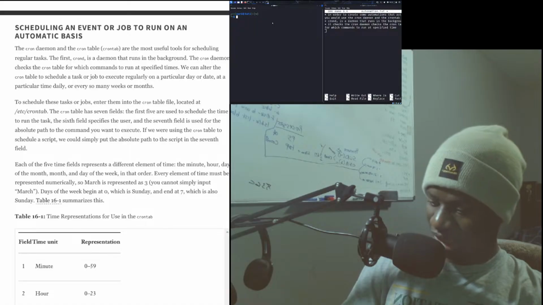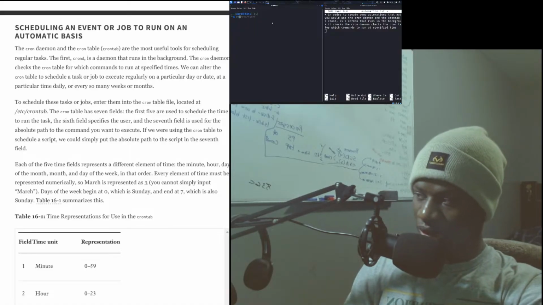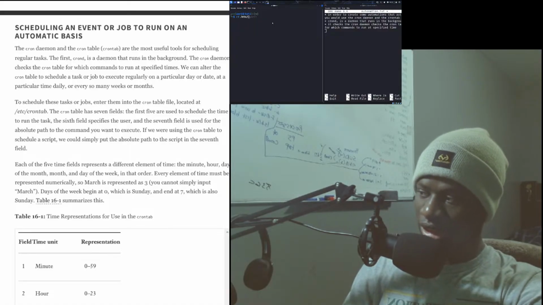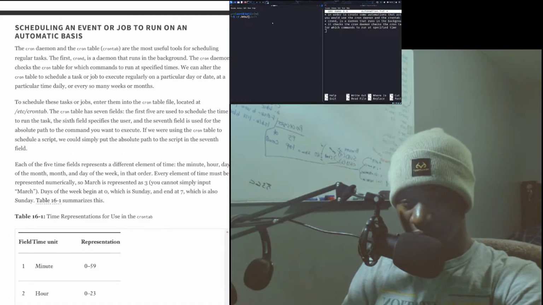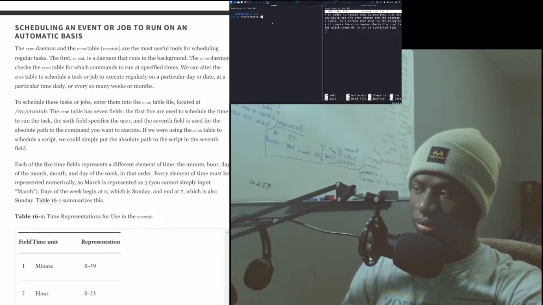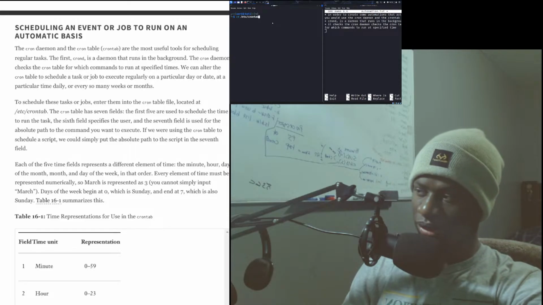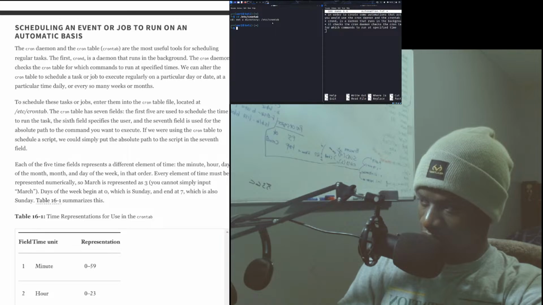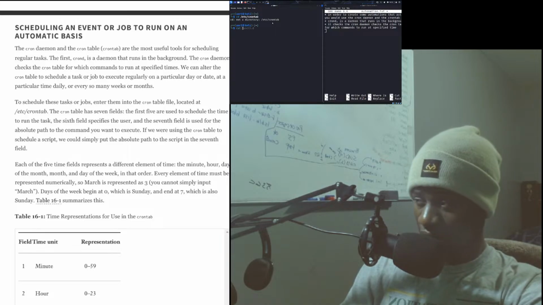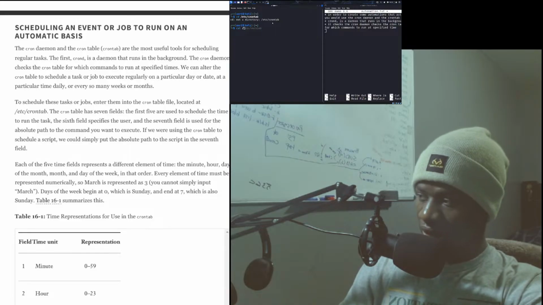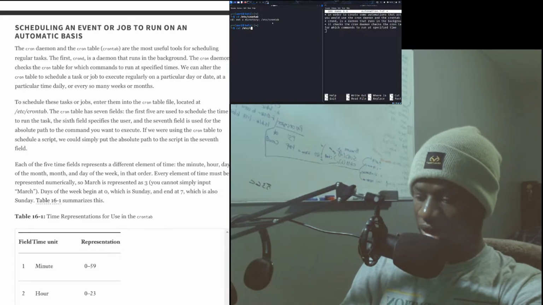Okay, so we can navigate up to /etc/. What is it called, cron table or crontab? Crontab. cd: not a directory. Oh, I guess it's not. /etc/crontab.